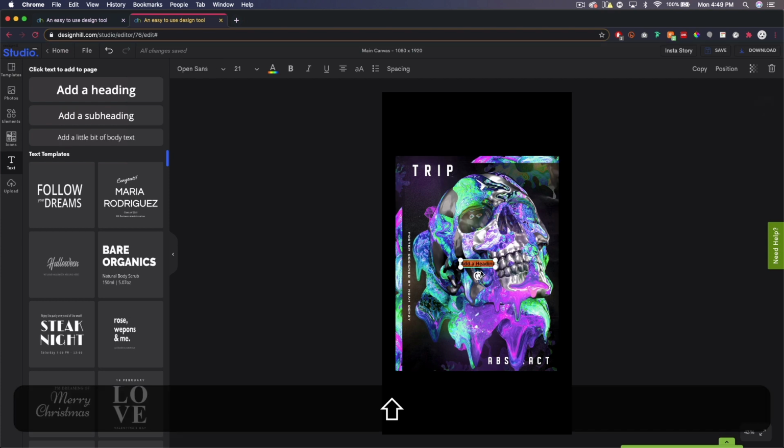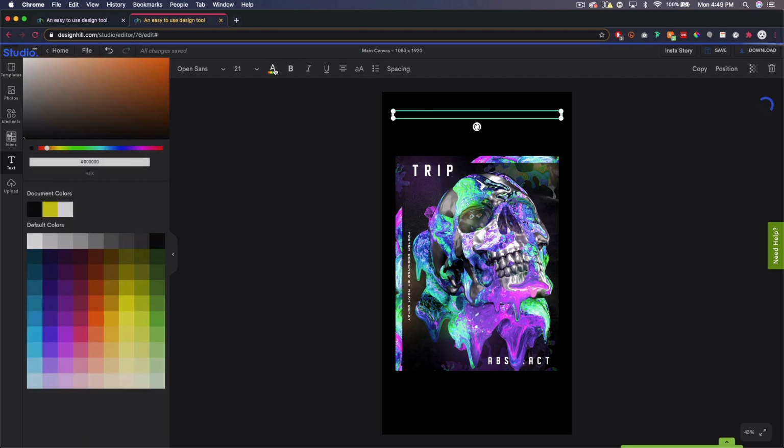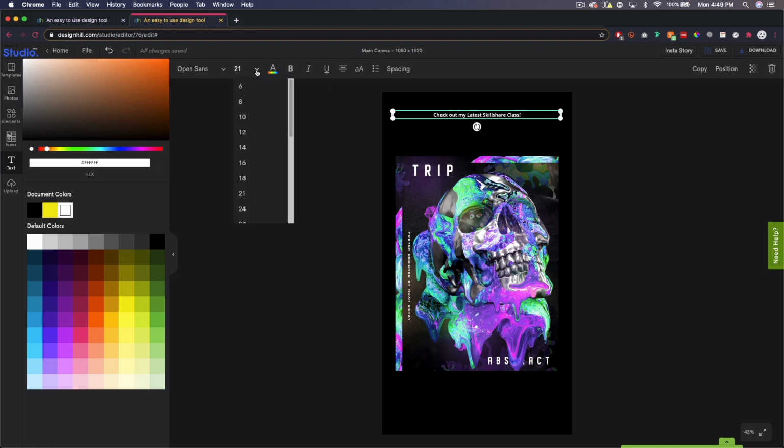And the heading I want to add is "Check out my latest Skillshare class." And what I'm going to do is take this right handlebar and drag it out, and the same with the left, and move it up, and let's center it first off, and then let's go to the color and change it to white. Very nice. And the size will bump up to maybe